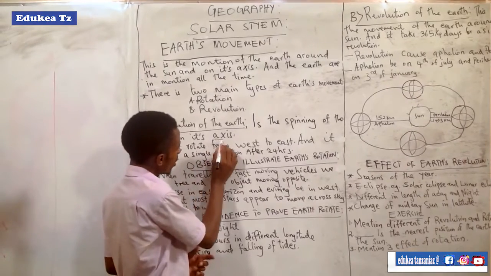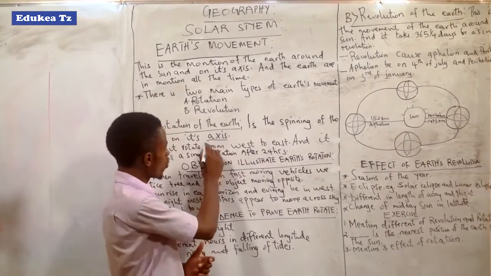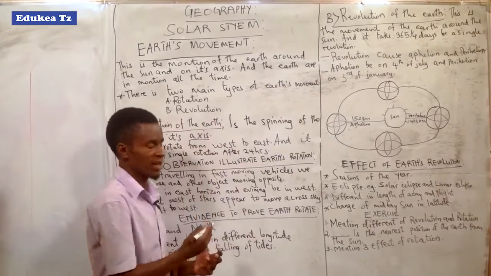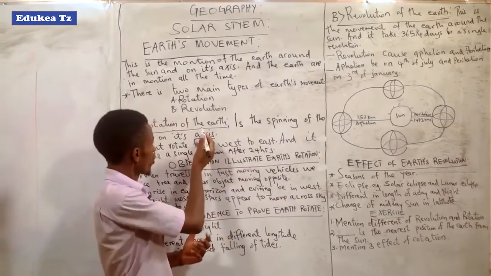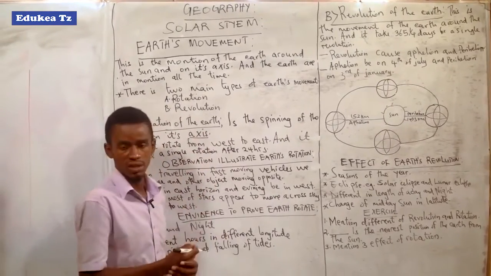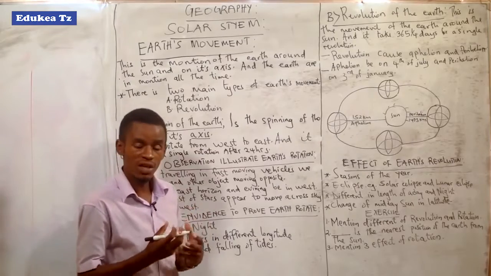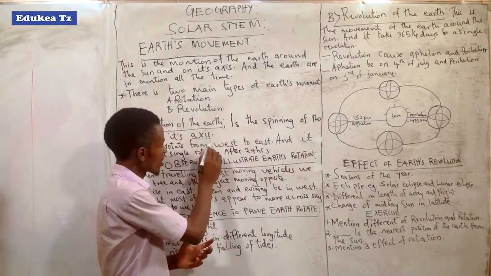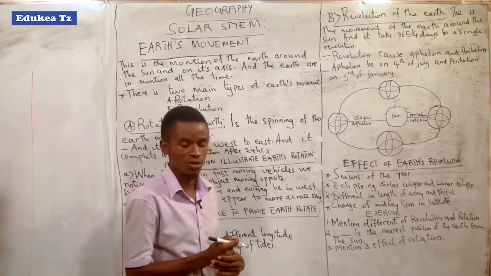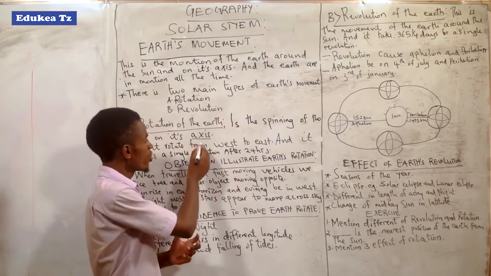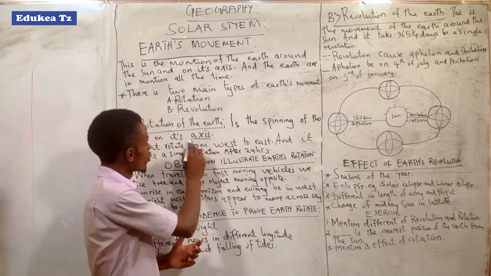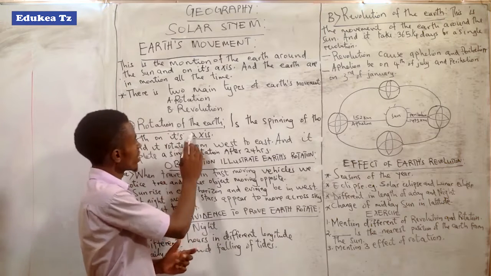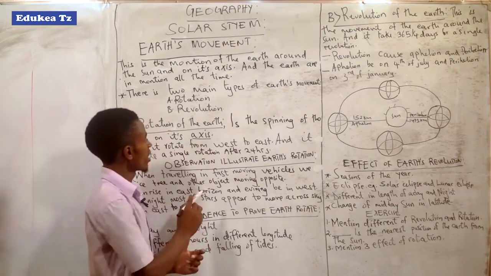So let's understand about the axis. What is the axis? The axis is the imaginary line which the Earth uses to rotate. It means that this axis is at the middle of the Earth. So the Earth moves by using that axis. The Earth moving on its axis, in general, we call rotation. That is called rotation.